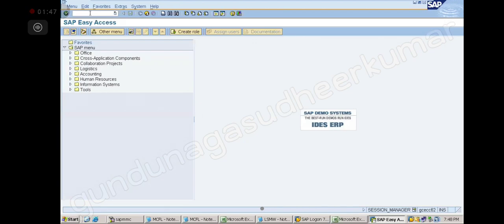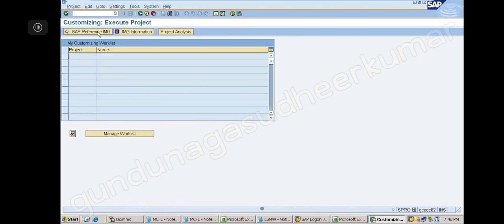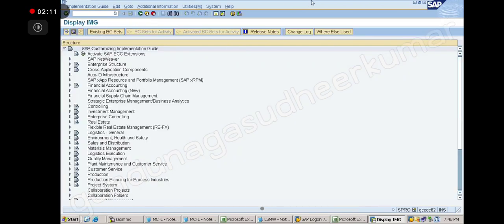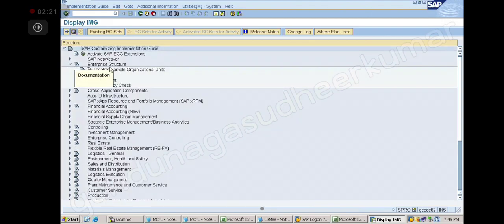Next, SPRO, correct? SPRO. Step number 1 I am doing, correct? SPRO means what? Project reference object. Press enter. Then reference IMG. Then you click on the enterprise structure. Enterprise structure. What am I doing? First, enterprise structure is nothing